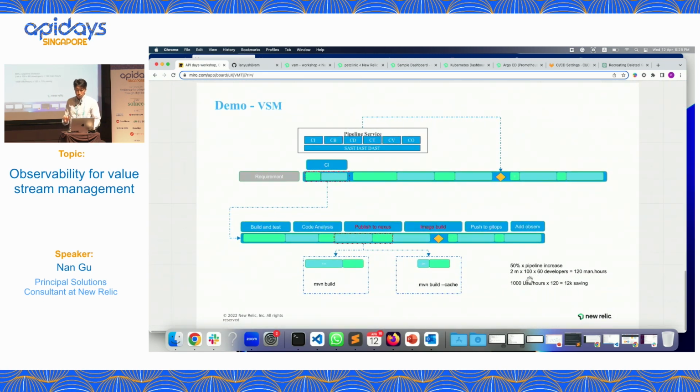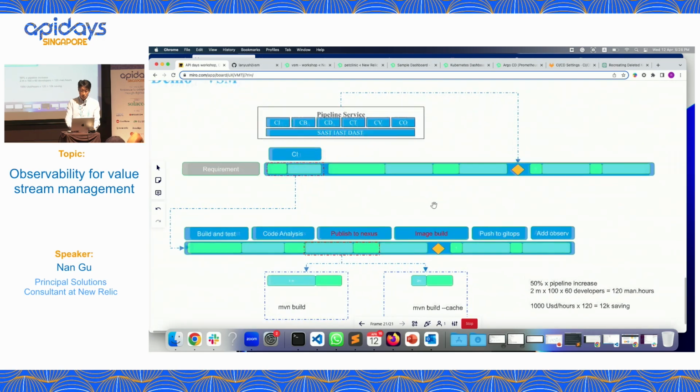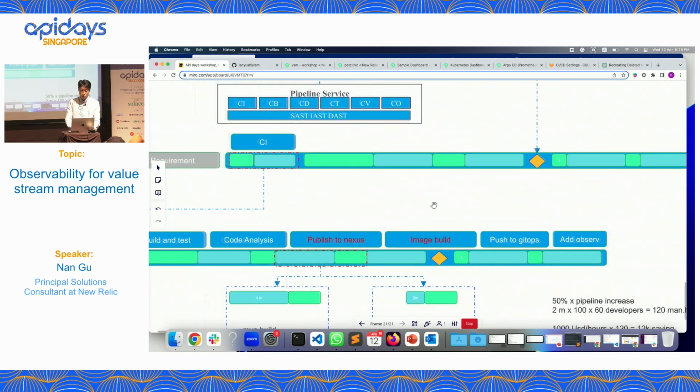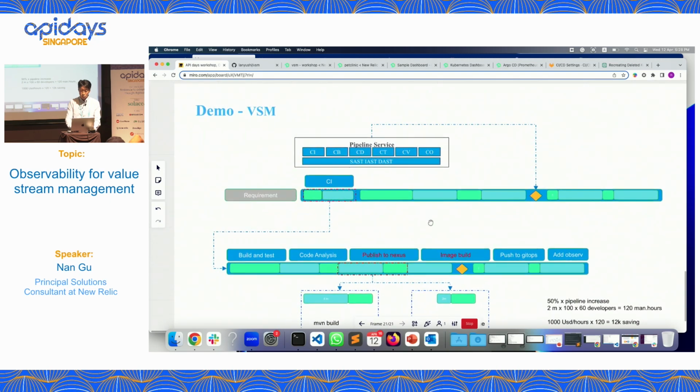So here we've been talking about value streams starting from the beginning, and talking too much about the tools, integrations, and then the pipelines, but we still need to come back to the value streams, right? Here we can say the pipeline, right?